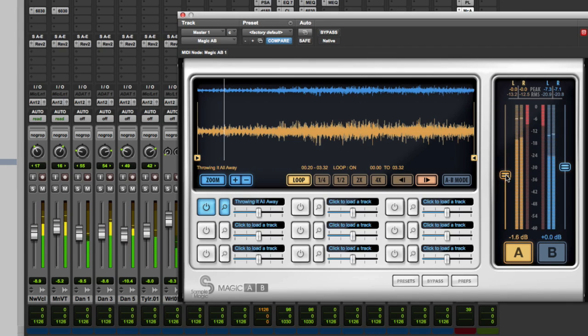So we can either bring that down or we could just get those matched. Yeah, that's about right. You can also go to this big AB mode where we